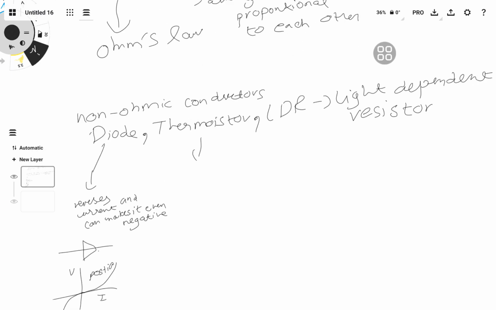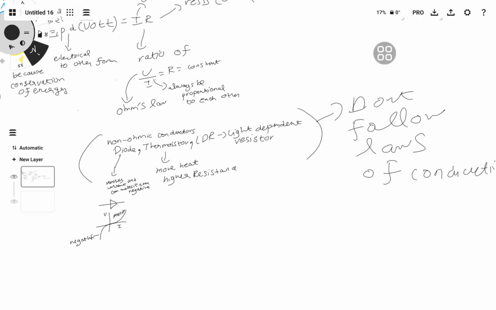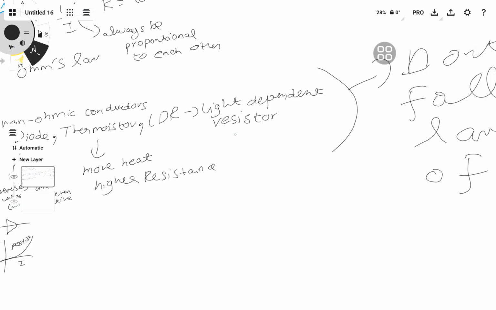I don't know about LDR thermistor. Basically, the higher the heat, the higher the resistance. Resistance is basically a ratio of comparison of how much energy is lost while how much current is traveling through. So basically that's it. More heat, higher resistance. I also have to recall that these all don't follow laws of conductivity. More heat, higher resistance. LDR, light dependent resistance,